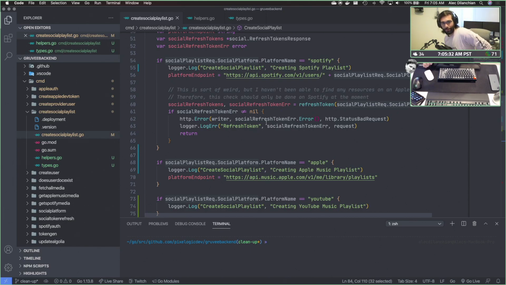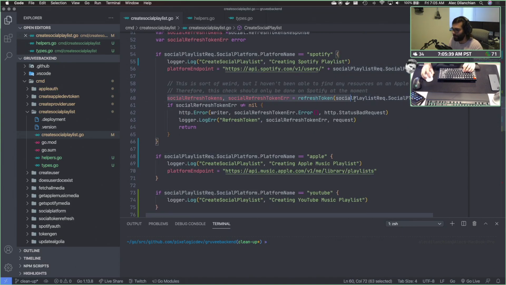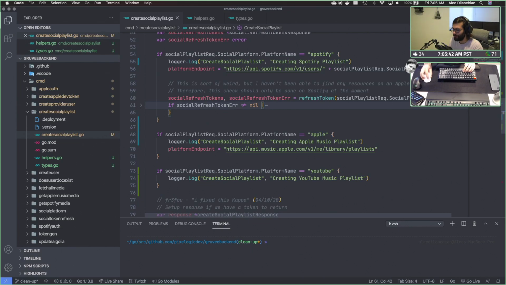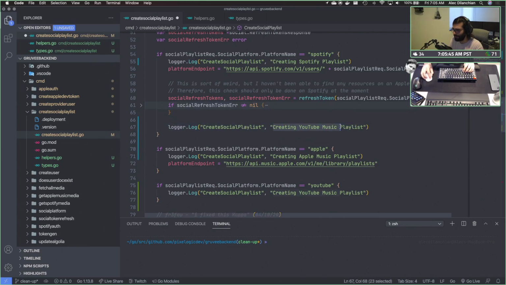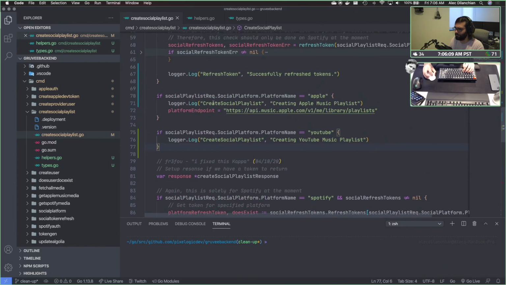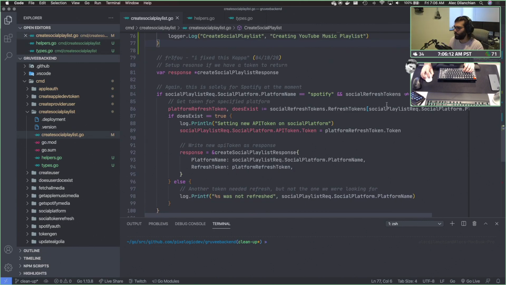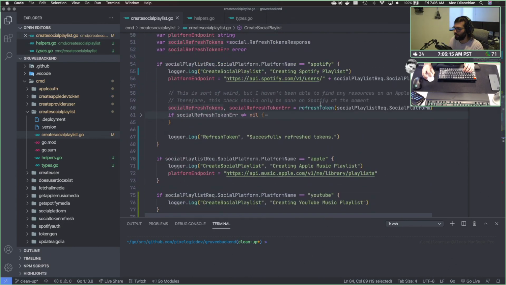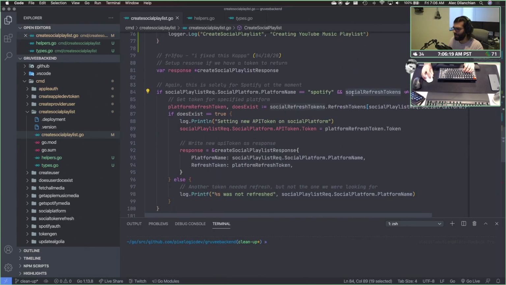So the reason why I did this is so we could refresh our tokens here. But this is actually only for Spotify currently. So yeah, you see we call refresh tokens. So we should probably add this here. What is called refresh token. And then this thing will say successfully refresh tokens. Nice. Successfully refresh tokens. Okay. And then, yeah, so if this thing equals null,